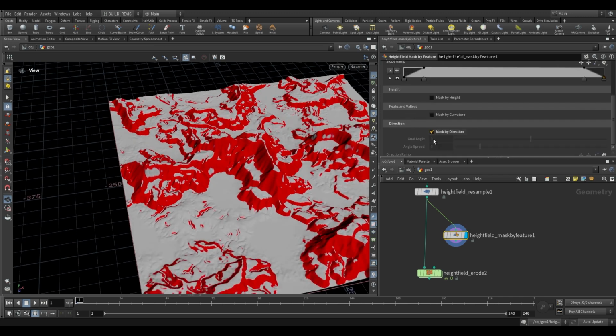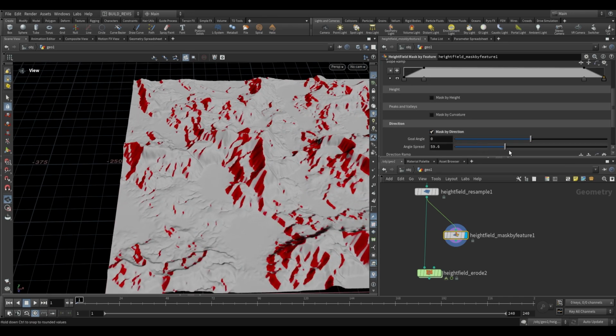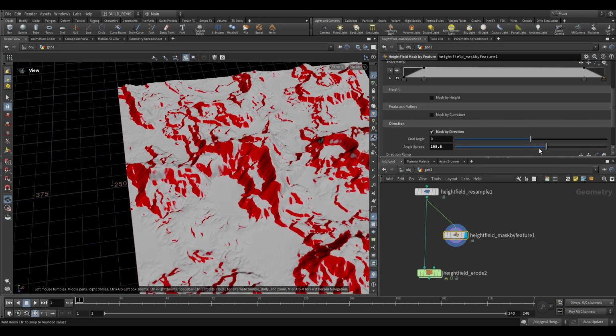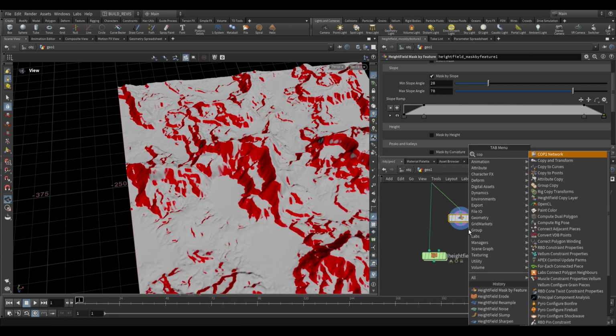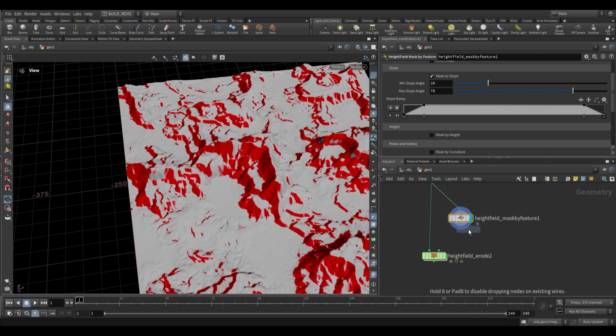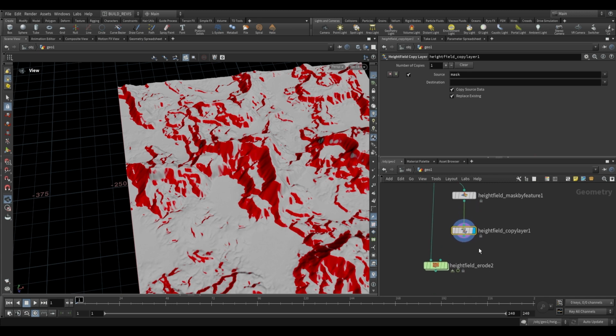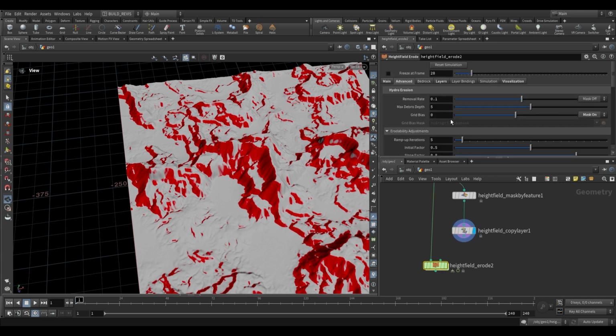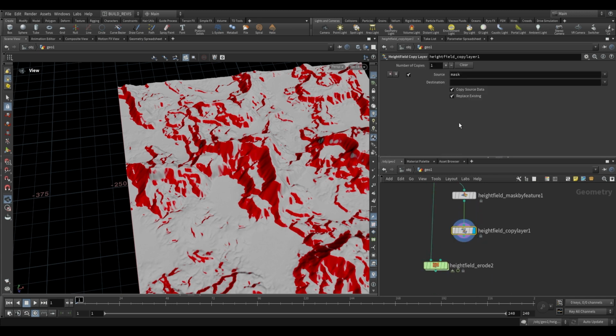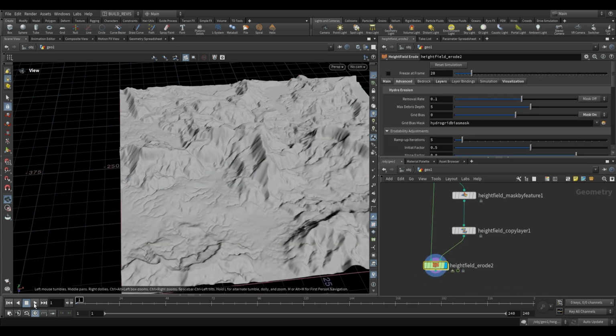Let's use slope and direction. Something like that, increasing the spread angle. That should be good. And then over here, all we have to do is a copy layer. So HeightField copy layer. And with this copy layer, we just need to give it the same name as what it's expecting. So Hydro Grid Bias Mask. Then we plug that into the HeightField erode,